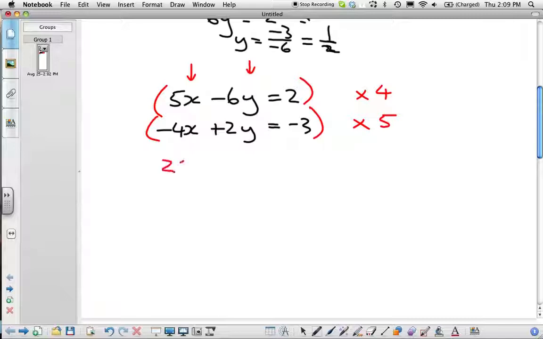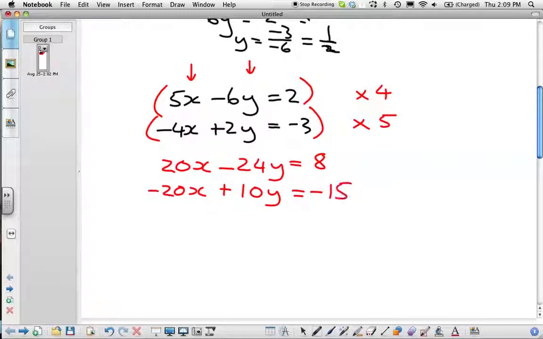So I'm going to multiply that whole equation like that and that whole equation like that. So that's going to be 20x minus 24y is equal to 8. And I'm going to get minus 20x plus 10y is equal to negative 15. So now you see I've got a negative and a positive, so if I add them together they'll cancel, so I'm going to just add them. If they were both the same sign, then I'd have to subtract. So I'm just going to add that to that. That cancels, these two cancel. Then I'm going to be left with negative 14y